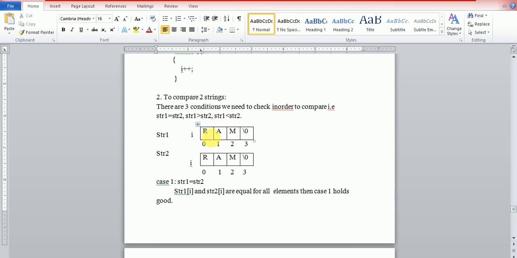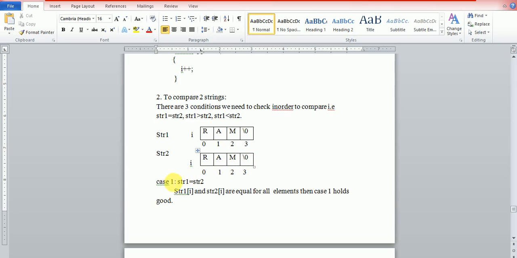String 1 has the name Ram, and string 2 also has the same name, Ram, and as I said, it will be in the form of an array and it has to end with the delimiter. This is the indicator I, and it has the index 0, 1, 2, 3 and 0, 1, 2, 3.